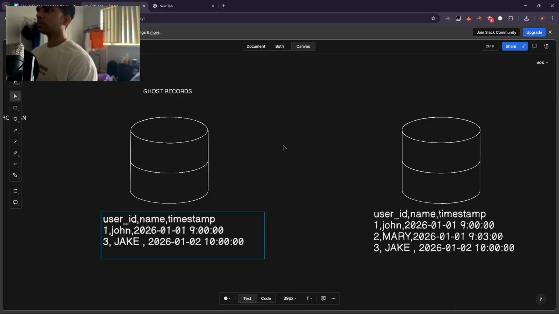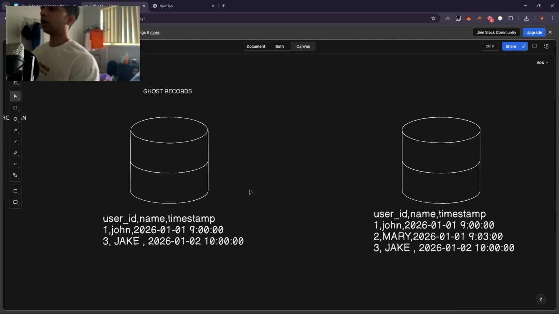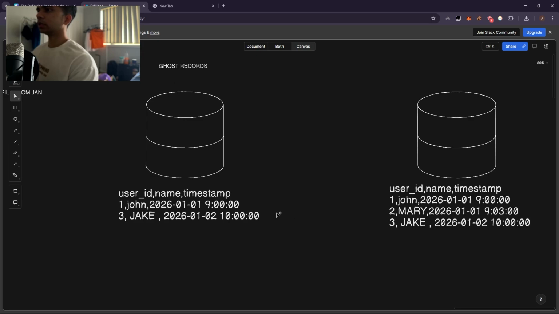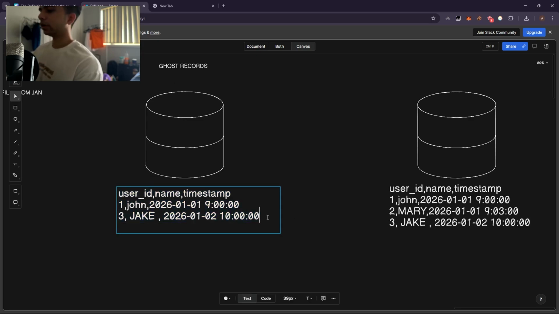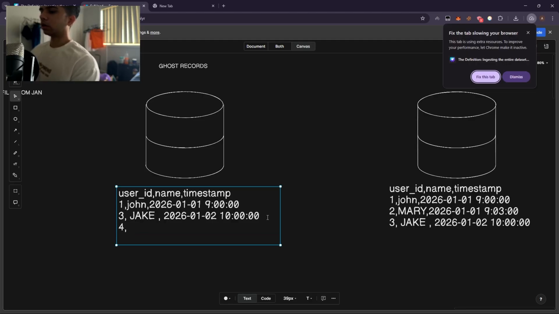Now the problem is, when you do an incremental load, you're basically telling it that you only want to consider records that are greater than the max of the timestamps here, right? So next time, let me give you an example. Let's say Mary deleted her account, and then there was another guy called